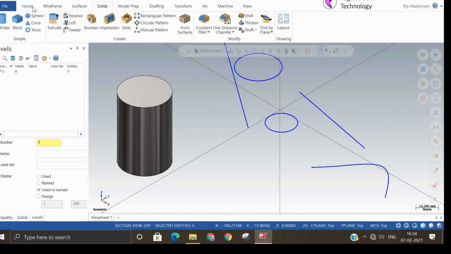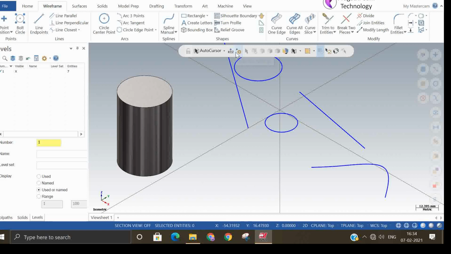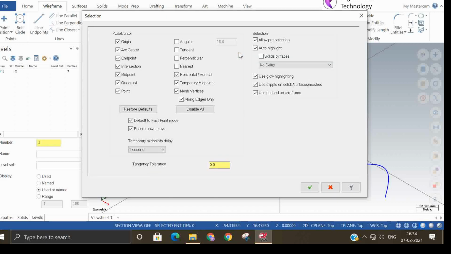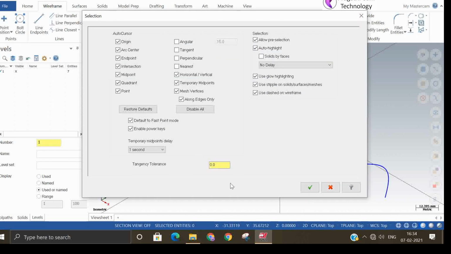So now if I want to make one more line, it shows the center point, it shows the origin point. How it is holding this point is because of the auto cursor setting. Because we have kept the default auto cursor setting, because of that reason it is giving that option for you.